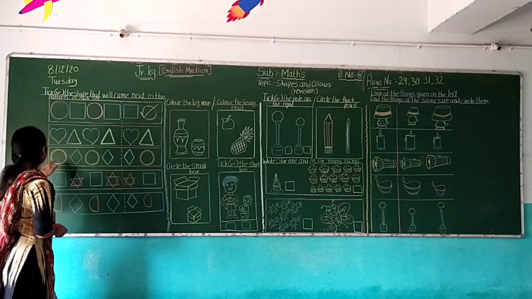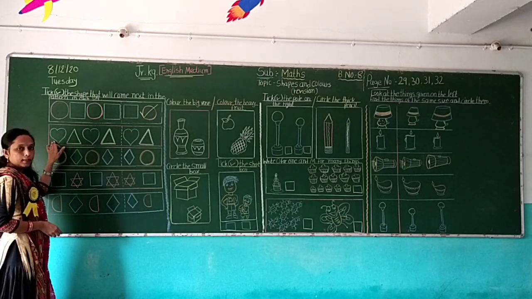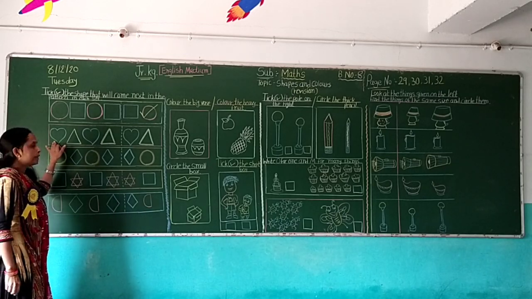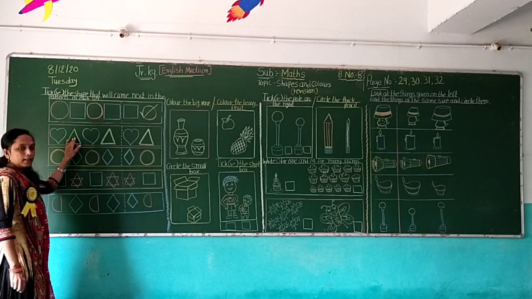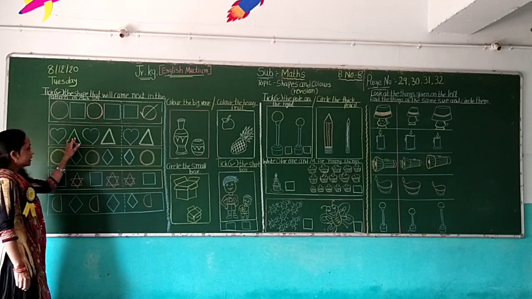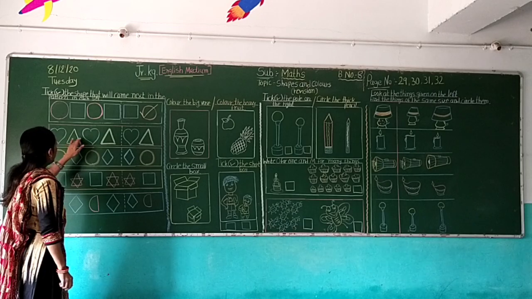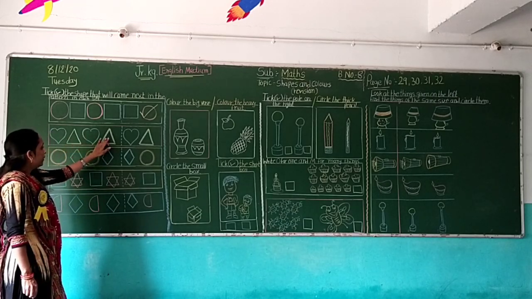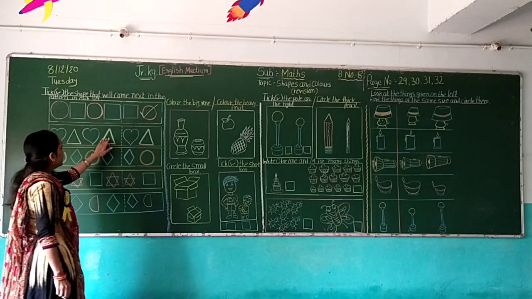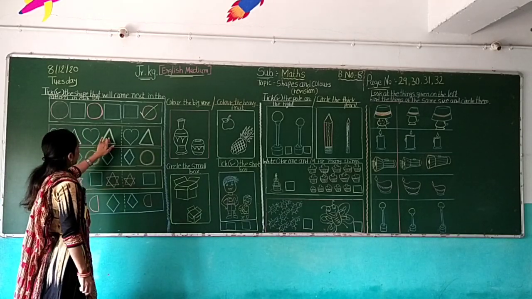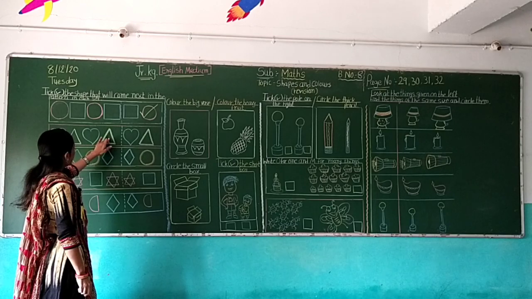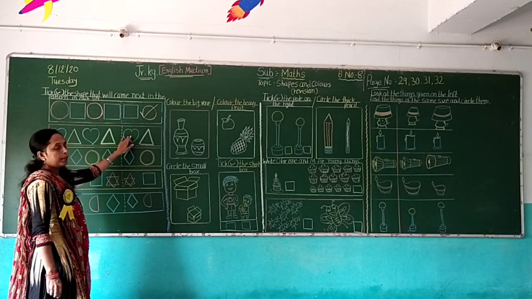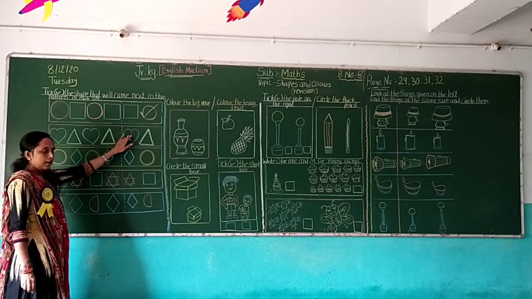Now next, look here. Next row. Which shape is this? Heart shape. Heart shape. Now next, which shape? Triangle. Triangle. Now next, heart. Now next, triangle. So student, tell me which shape comes next in the pattern in its set? Yes, heart shape.